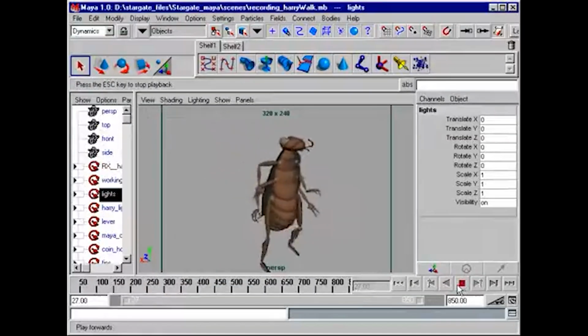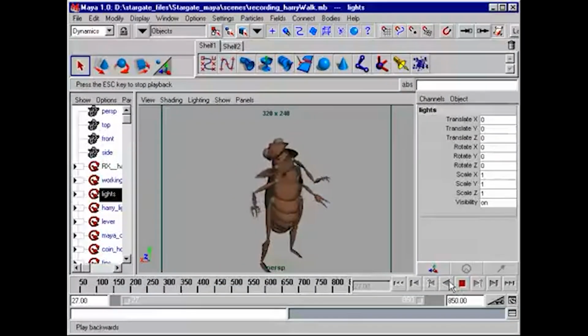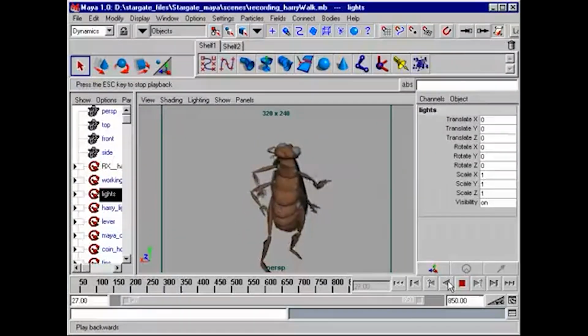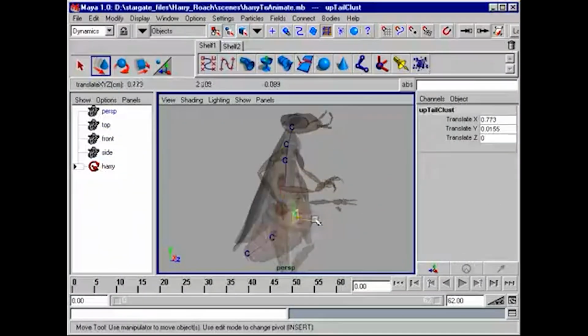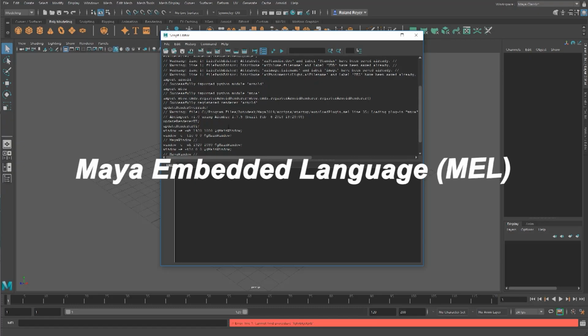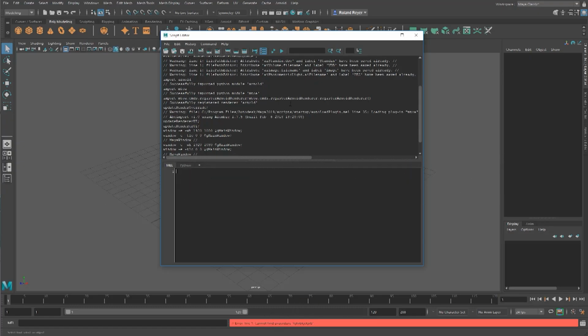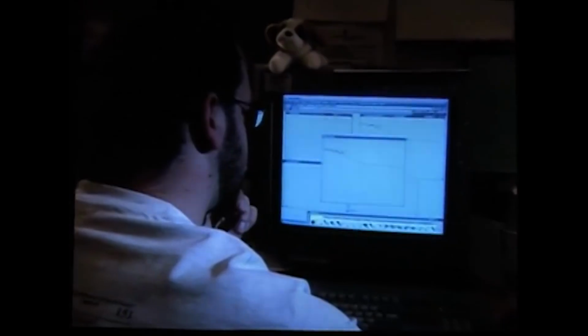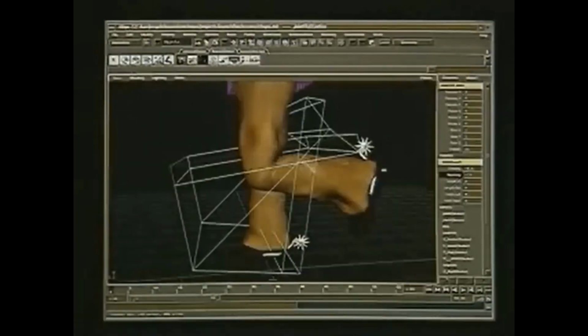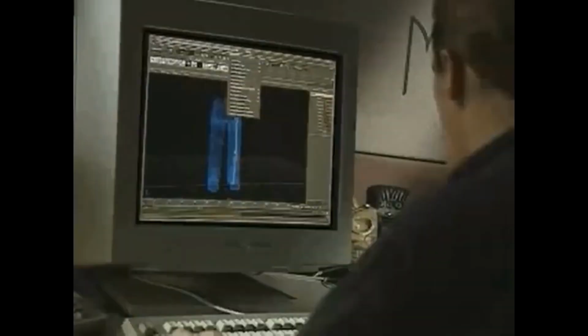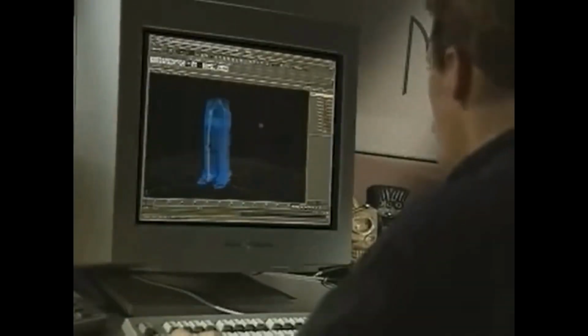Disney asked Alias for a completely open architecture, a system where studios could rewrite the interface, automate workflows, and build proprietary tools on top of it. This request directly led to the development of MEL, Maya Embedded Language, and the dependency graph system. The result was a game changer. MEL let studios script commands, build new UIs, and hide complexity from animators. The dependency graph meant any aspect of the scene, like modeling, rigging, animation, dynamics, and so on, could be connected and reconnected without breaking everything. Exactly the kind of flexibility that Disney needed.